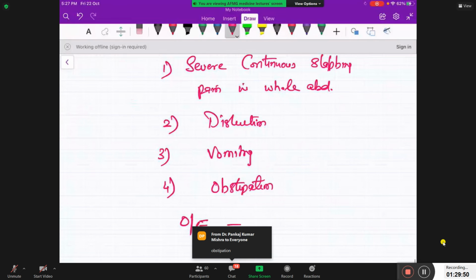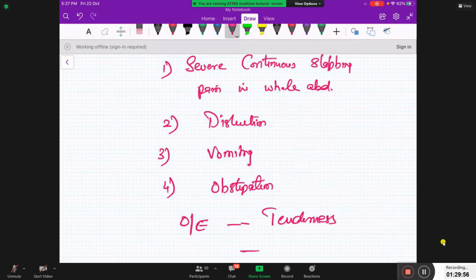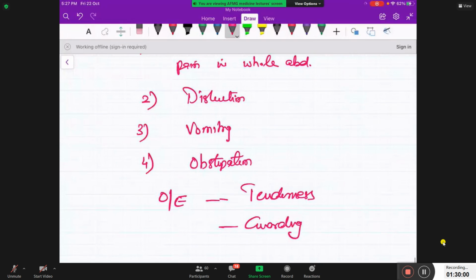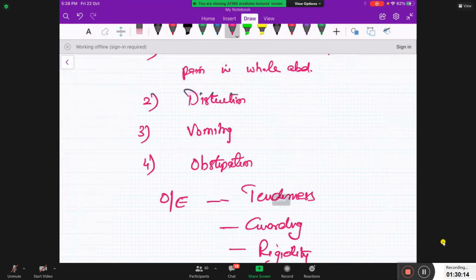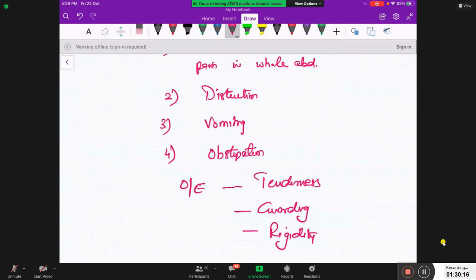On examination, you will have tenderness, you will have guarding, तुम बताओ क्या है, इतने अच्छा तो लिखा उसने, रिजिडिटी, डिस्टेंशन लिखा है टाइम्स रोमन में।